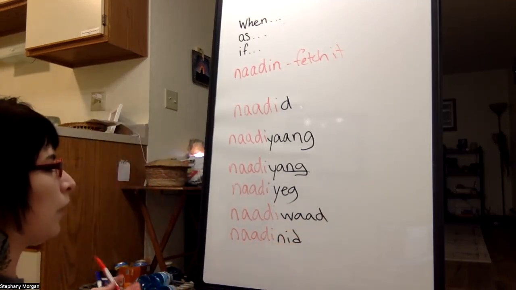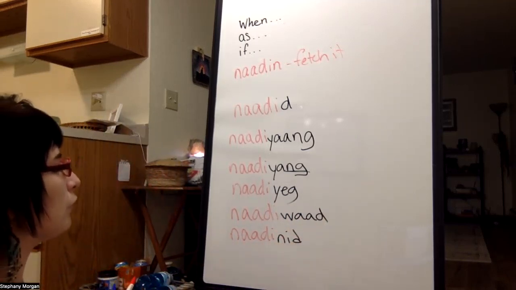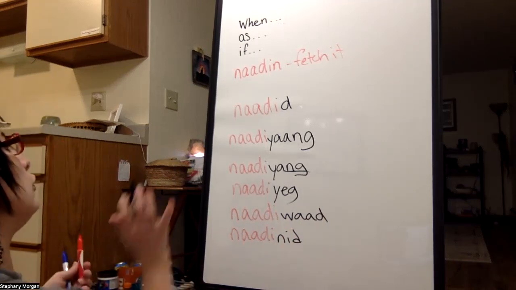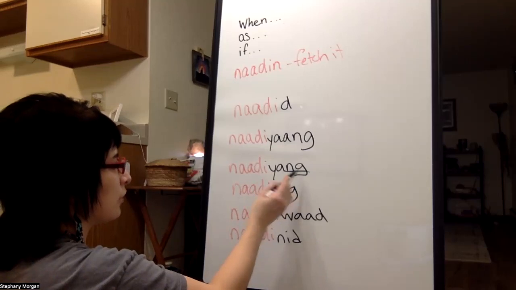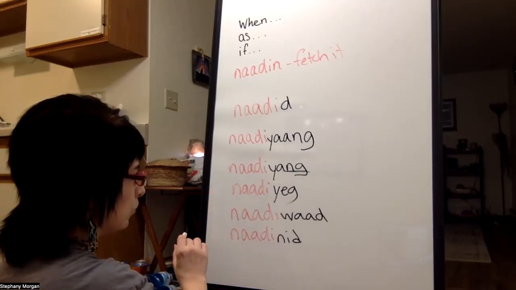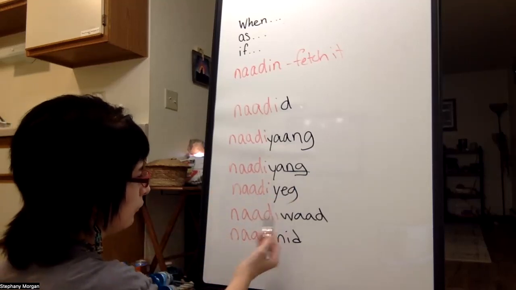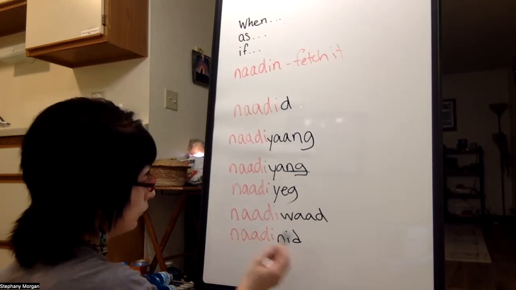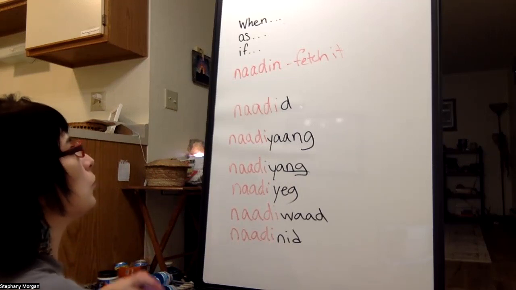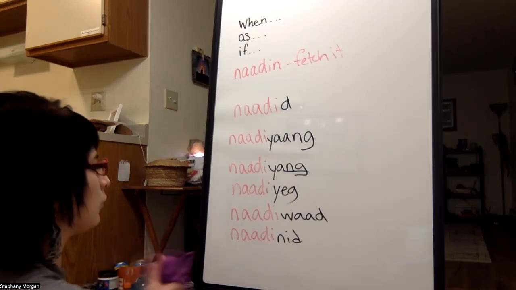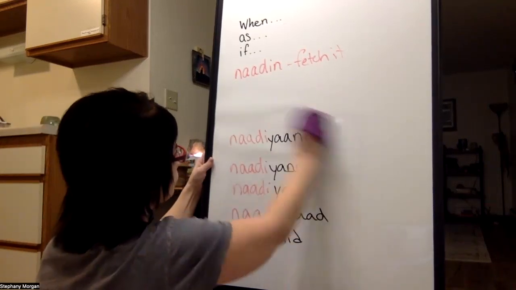So these are all positive paradigm B form, when, as, or if. He fetches it, we fetch it, we including you fetch it, you all fetch it. When they fetch it, when the fourth person fetches it, and so on and so forth. But if we want to make this into a negative form,